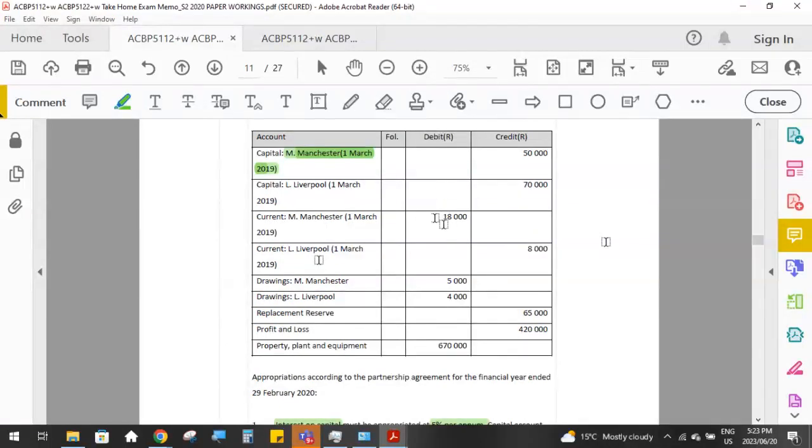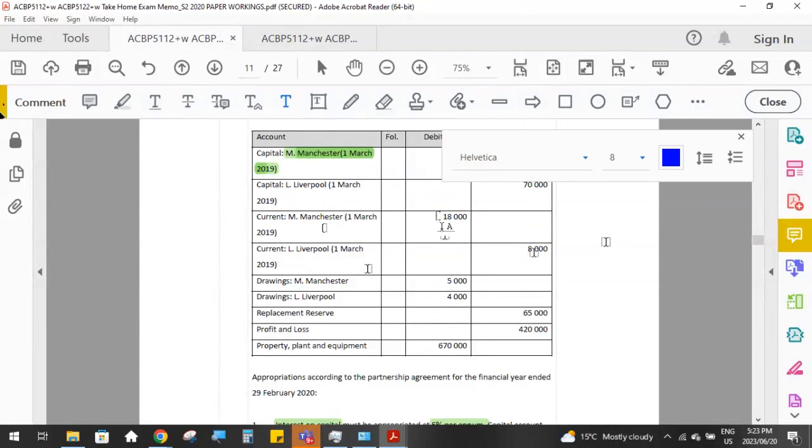If it's a debit, it's kind of like a debtor to the partnership. Whereas Mr. Liverpool, his current account is in credit, which means the partnership owes him that 8,000 Rand. So this would be an asset to the partnership, and